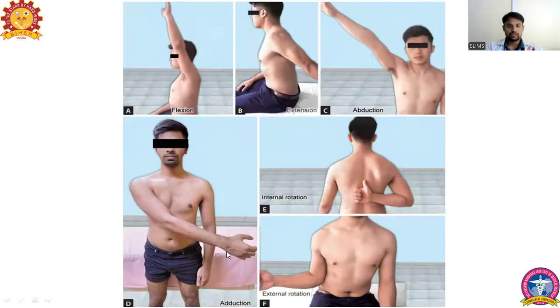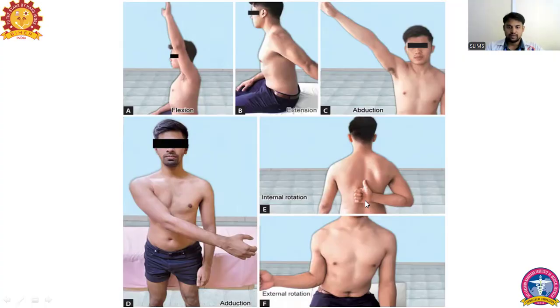So when we see this, this is forward flexion. This is the extension of the shoulder joint. This is abduction. This is adduction. This is internal rotation and this is external rotation. Usually the internal rotation